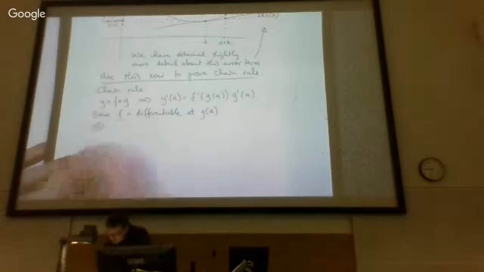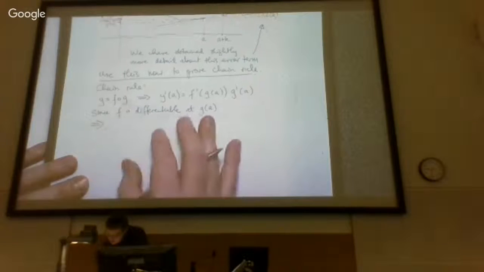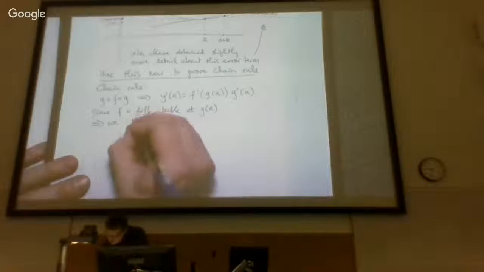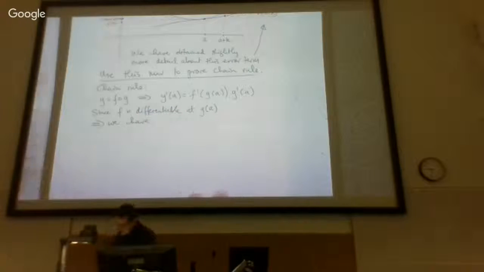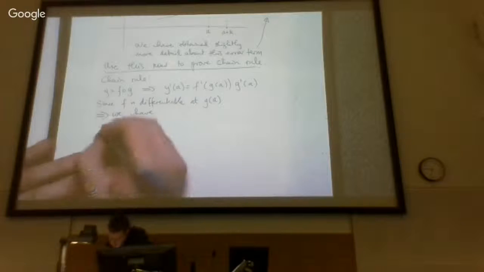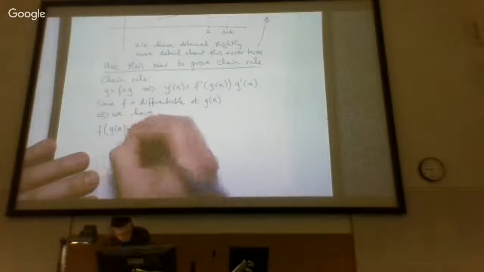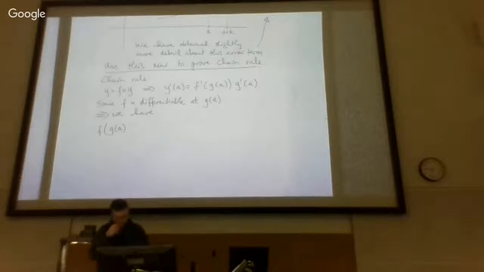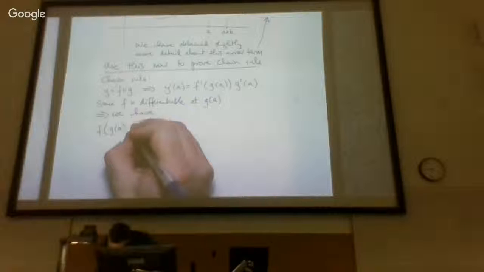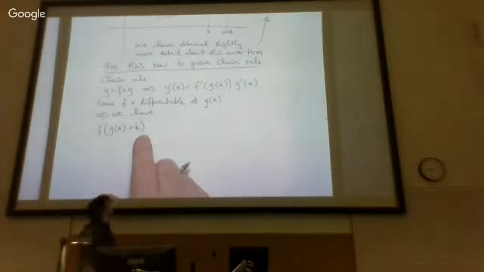So this implies that we have the following expression for f evaluated nearby to that point g of a. So if we evaluate f at a nearby point g of a plus k,